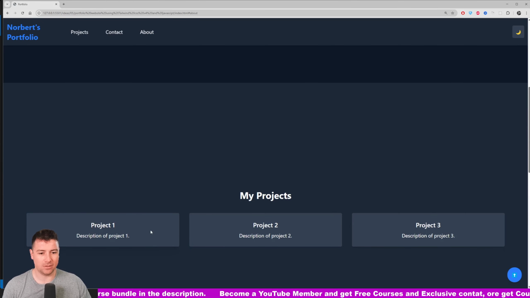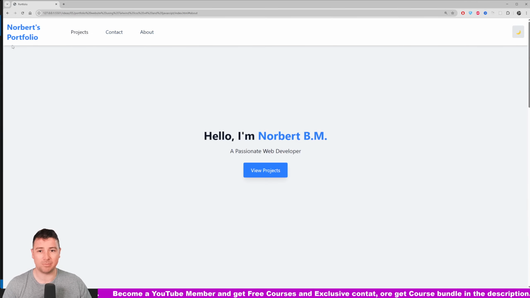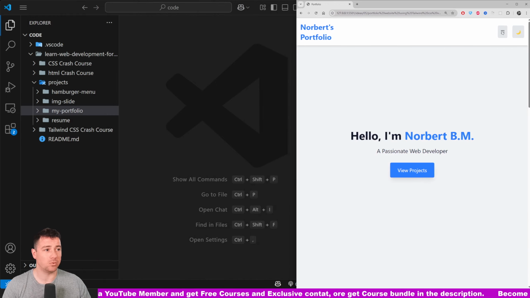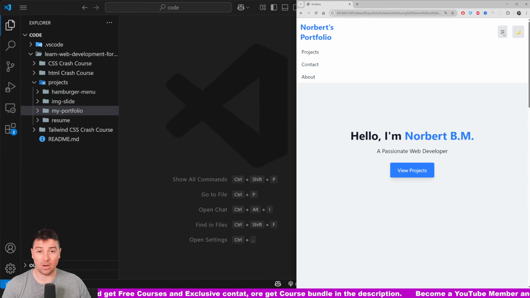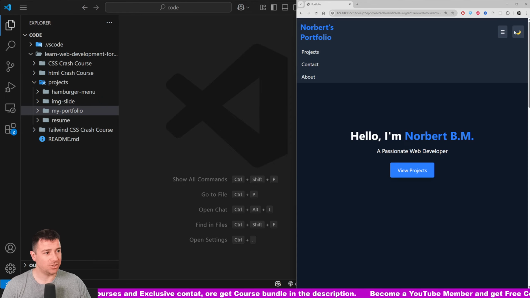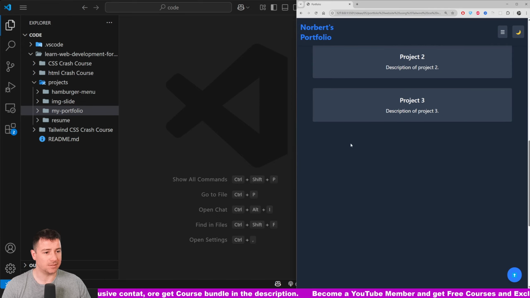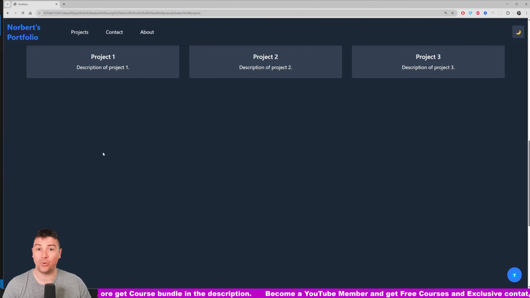So also we're going to have here a couple of hover effects on share. Let me just change this back to white. Light mode, and then you can see the hover effects on the project. Now this is also going to be responsive, so let me just get this down to a mobile format. Then we're going to have a hamburger menu with a nice little drop down here, which will obviously still work even if we are on a mobile version. So responsive navigation with drop down, light mode, dark mode, smooth scrolling, and obviously a responsive friendly website for your portfolio,